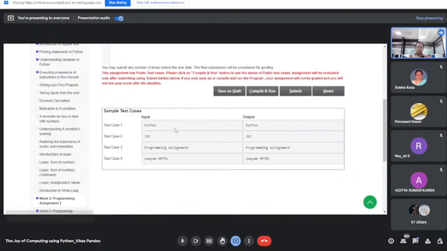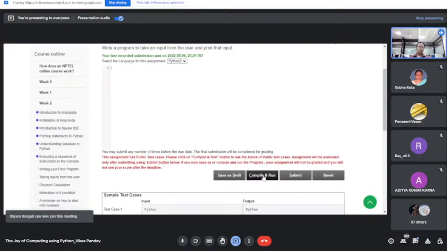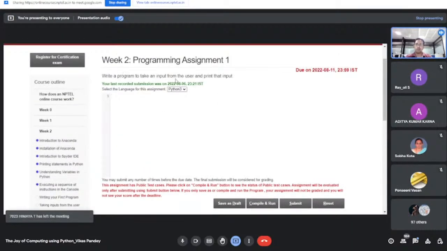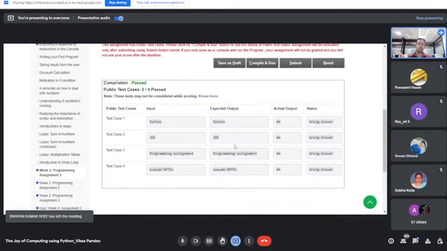So what this will do is it will put the test cases one by one when you click on compile and run. Let's write input brackets and click compile and run. It puts the input as Python, and it is expecting that it should also display Python,